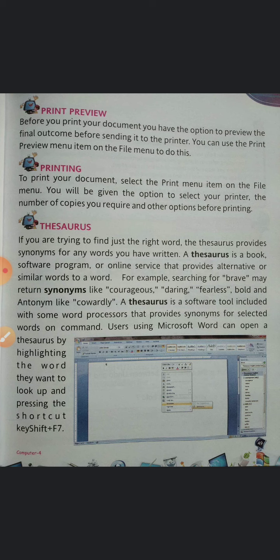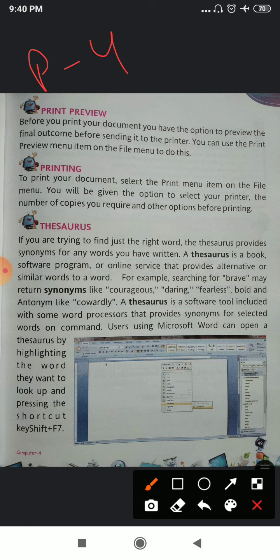So in the previous video, I have given you shortcut keys which is on page number 48 as homework, and I told you to write down the shortcut keys in your fair notebook. I hope you all have done your homework. Now I'm going to start with this page number 49.